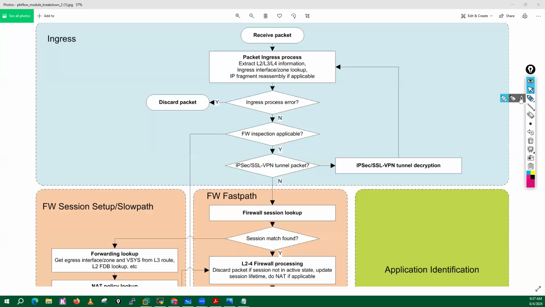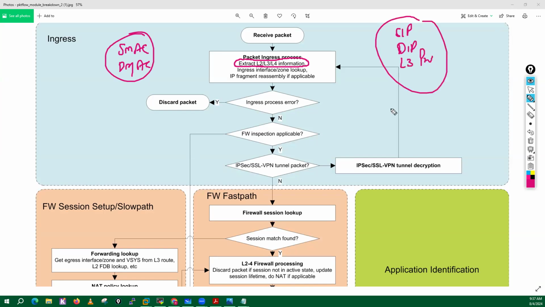So as I mentioned, extract means it will do the parsing and extract the layer 2 information, layer 3 information, and layer 4 information. I'm just highlighting the main things: source MAC and destination MAC at layer 2, at layer 3 source IP, destination IP, and layer 3 protocol number, and at layer 4 source port and destination port fields. It will extract that information